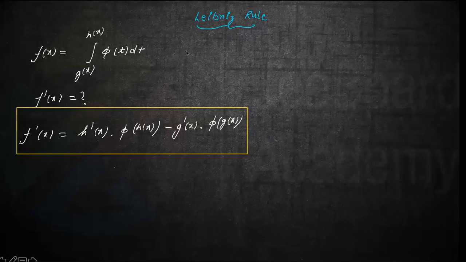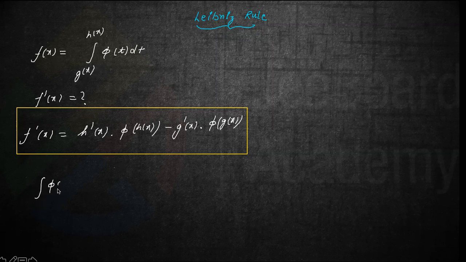Let's try to do the derivation, because the integration that is required is a basic integration. So we can assume that, okay, fine, we are given that the integral of this function is, let us say, some capital F of t, not including the constant and all those things. So this is the integral actually, right? Now, since this is the integral of this function, we can write down f of x, because we know how to apply limits.